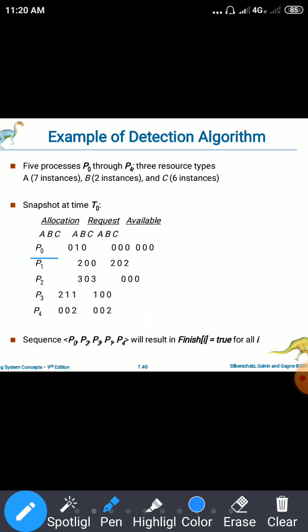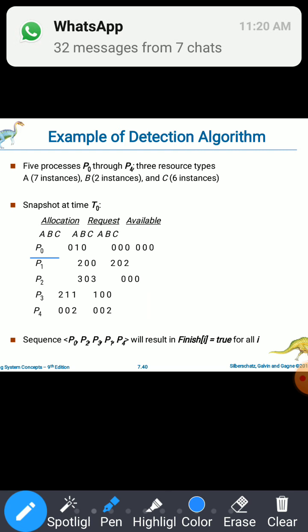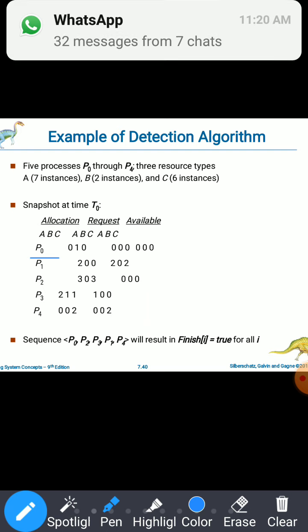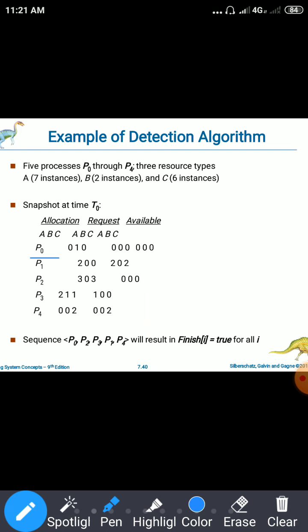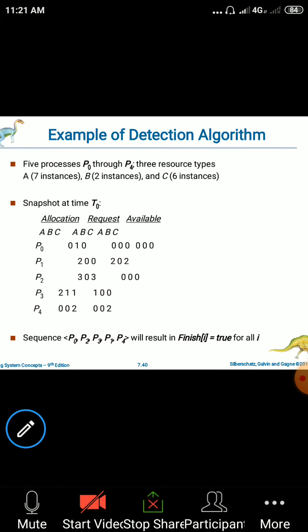Or if you consider P0 requests 0 0 1, meaning it requested one instance of a resource type and that is not available, then P0 will move on to the waiting state. And if P0 never gets the resources, then P0 will never execute. Then we say that P0 is in the deadlock condition, or deadlock has occurred for the process P0. Then we say that there is no safe sequence and it results in the deadlock situation. So this is about the deadlock detection algorithm.